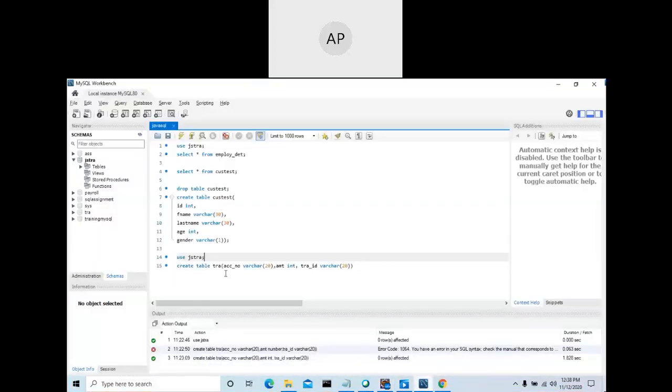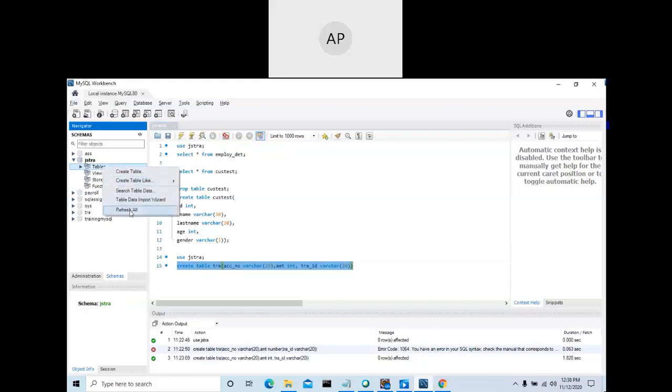You will see it. And when you go to the database, I created this query. Create table TRA to store three values: account number, amount, and the transaction ID which we created. You can create this table in whichever database you use. First execute this line so that you won't get a database not selected error, and then create this table.